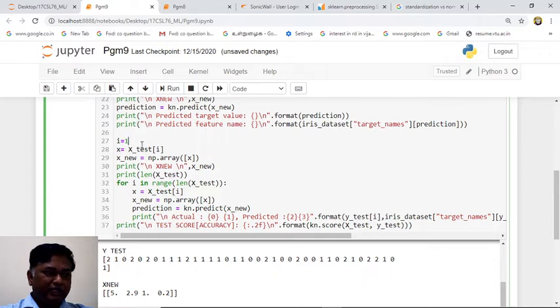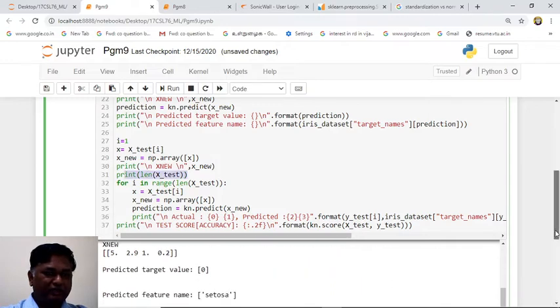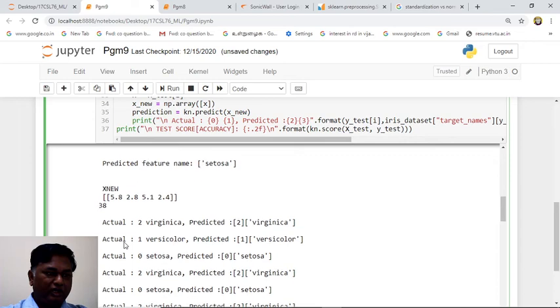Randomly you can take any data. Randomly one test data. We have some random test data, right? 38 test data we have. From that any one data you take here. So that data is converted to array format, that we are just printing. I can show you the length of the test data. As I told, it is 38. We have 38 data already we have printed.